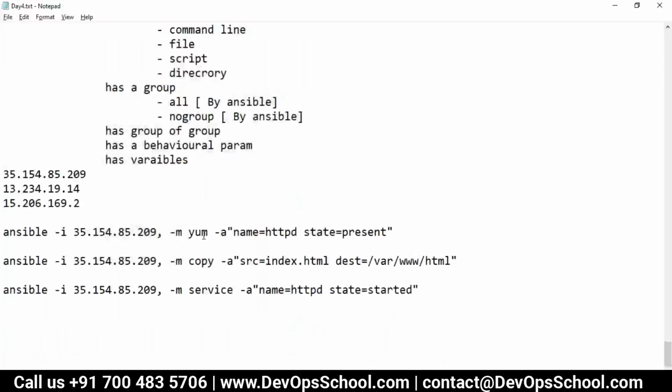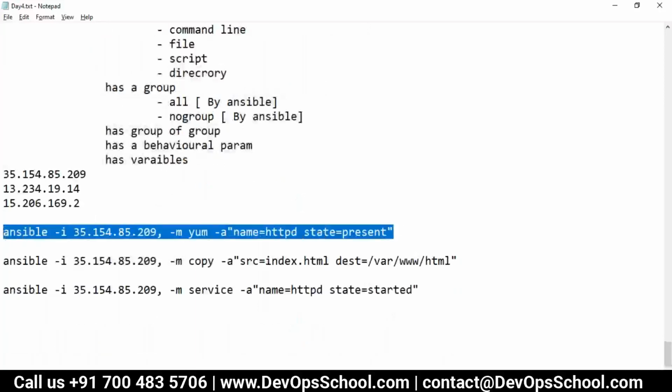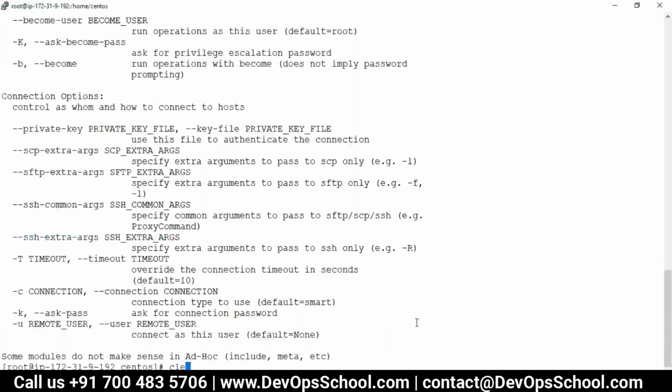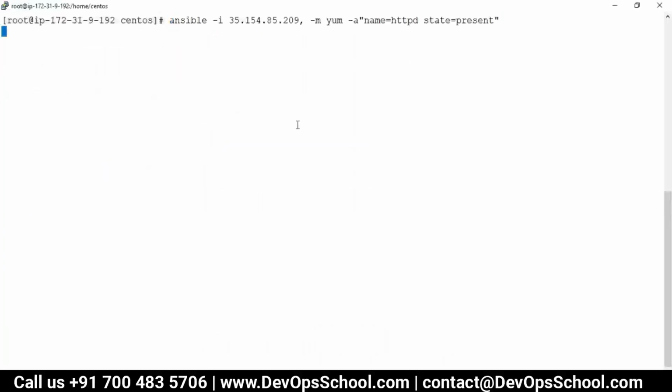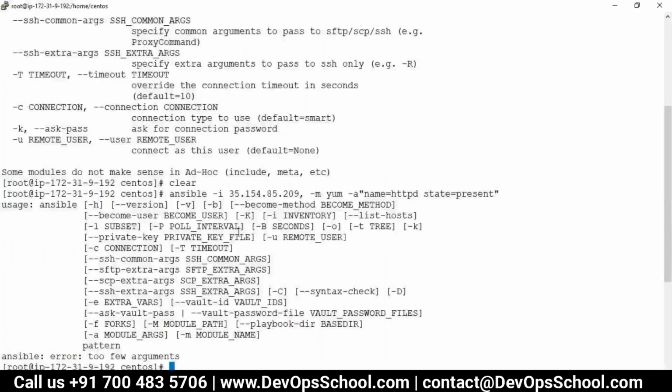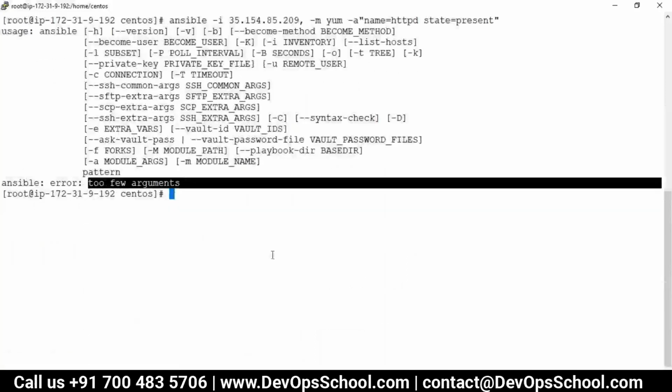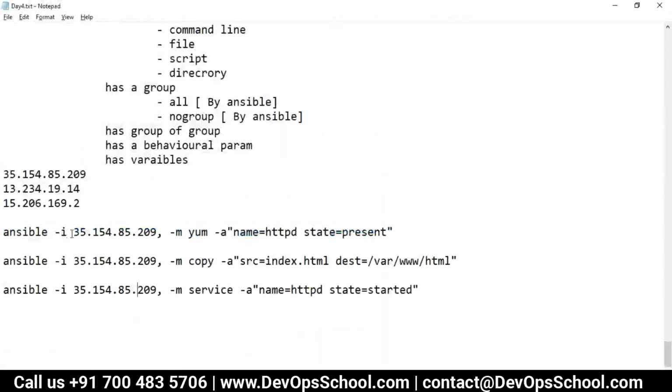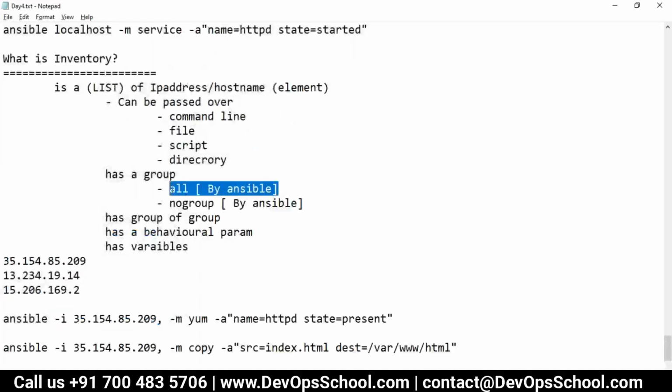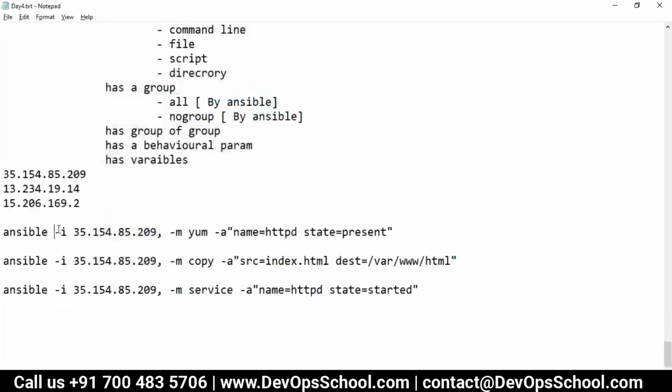Now let me run it first, because I want to show you the error so you get at least a little memory of it while working. See here, it says this command is not in a good format, too few arguments. Because all is the default, I want to run against all.